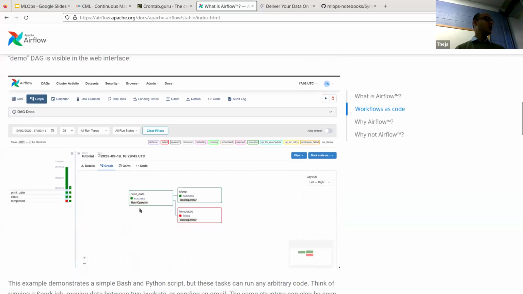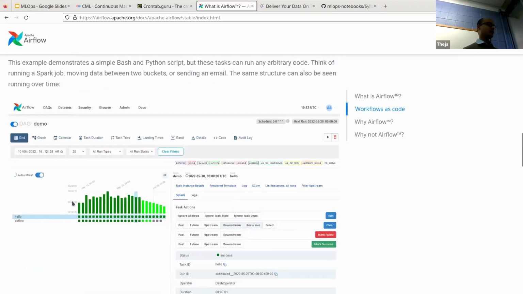So the UI looks like this. We'll run the same thing in a second. I know we did a very simple Flask app, but this Flask app is pretty elaborate. It has a lot of drop-down menus and buttons and so on, and it actually shows you what the DAG looks like. So it has a UI for seeing what the DAG is. Here is a different DAG, which has a print date, a sleep, and something else. You can see the DAG and when it ran, when it did not run, and all that. That information is on the right side. We'll actually run it in a second and show.